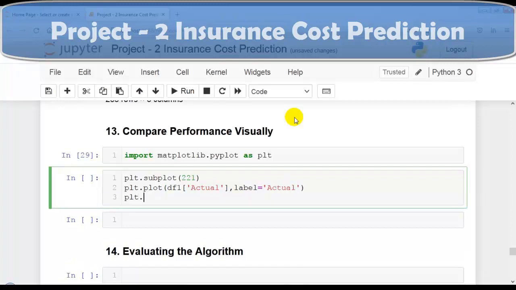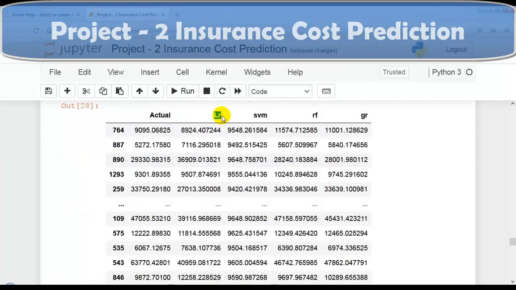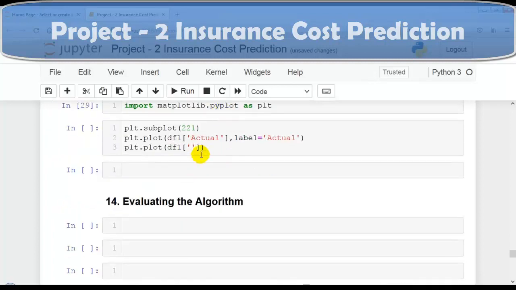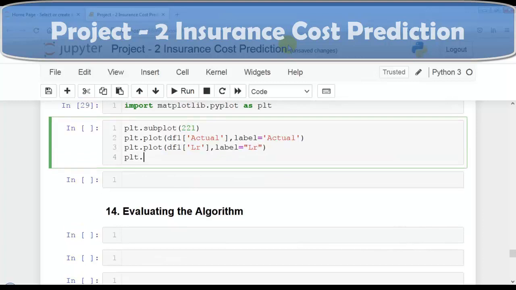Now let's plot predicted values by our first model, LR. Let me copy this column name and paste it over here. And let's set label to LR. To display these labels in our plot, we have to use the legend method. Let me execute this cell.